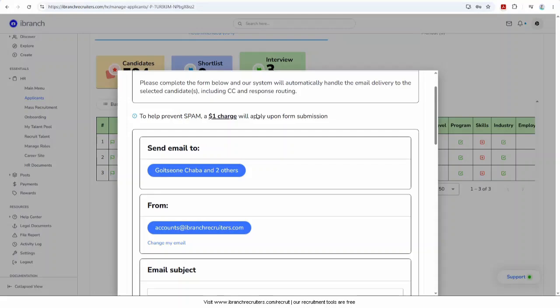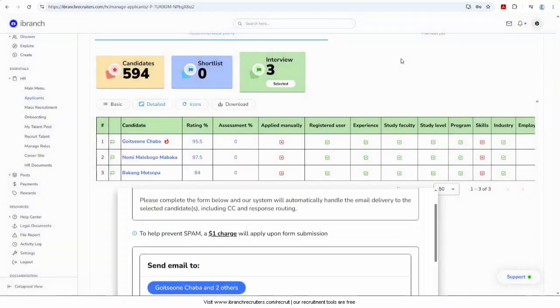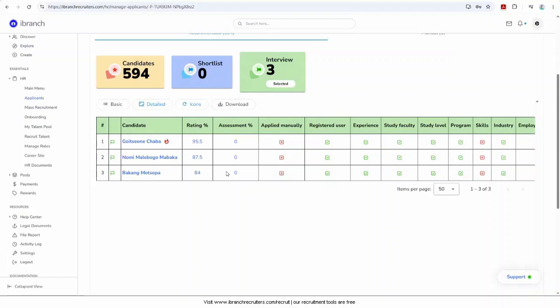Anyone who has the intent to use this maliciously for spamming purposes might not find it worth it to pay this $1 charge just to spam people. So this $1 charge is basically put there for this particular purpose. It is not to make money out of it, but to protect emails of our candidates. I think this sums up the